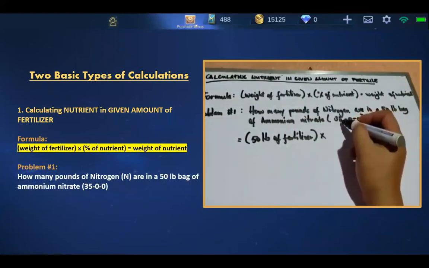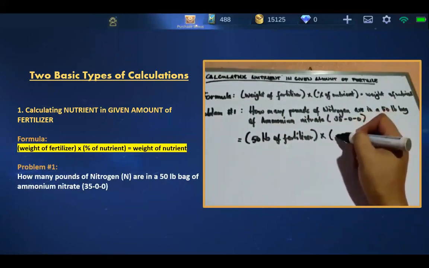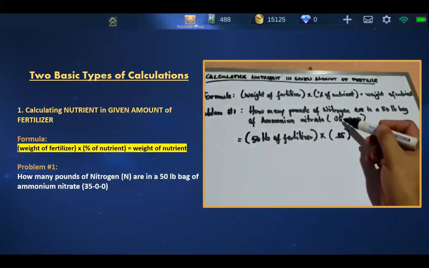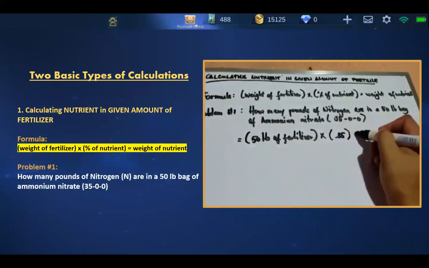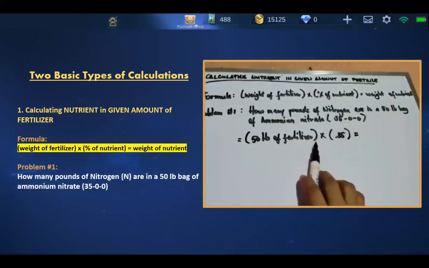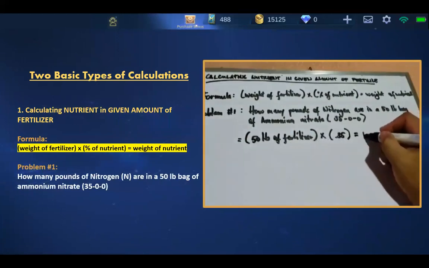We need to convert that 35% into decimal form, so that will become 0.35. So multiply: 50 pounds of fertilizer times 0.35, our answer is 17.5 pounds